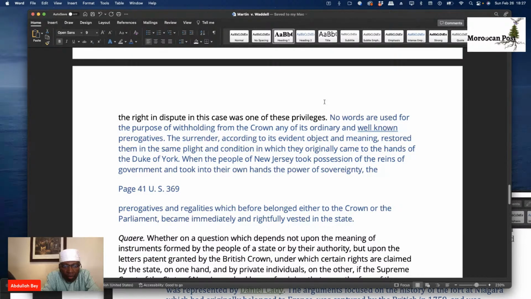No words are used for the purpose of withholding from the crown any of its ordinary and well-known prerogatives. The surrender, according to its evident object and meaning, restored them in the same plight and condition in which they originally came to the hands of the Duke of York. When the people of New Jersey took possession of the reins of government and took into their own hands the power of sovereignty, the prerogatives and regalities which before belonged either to the crown or the parliament became immediately and rightfully vested in the state. (41 US 369)